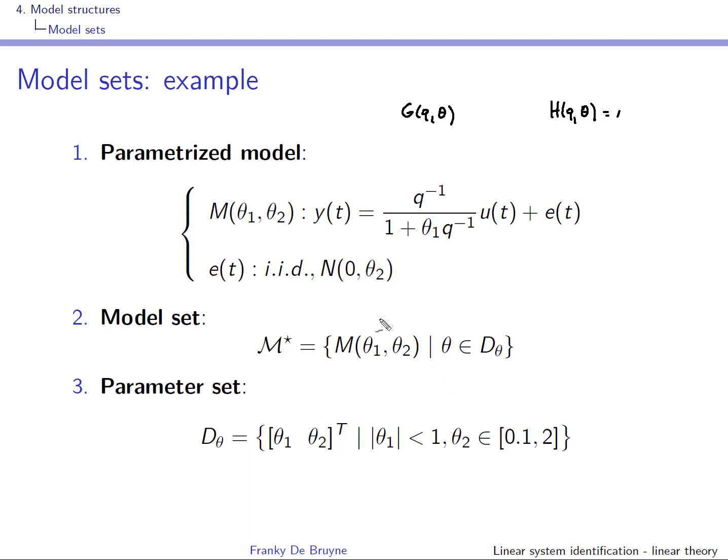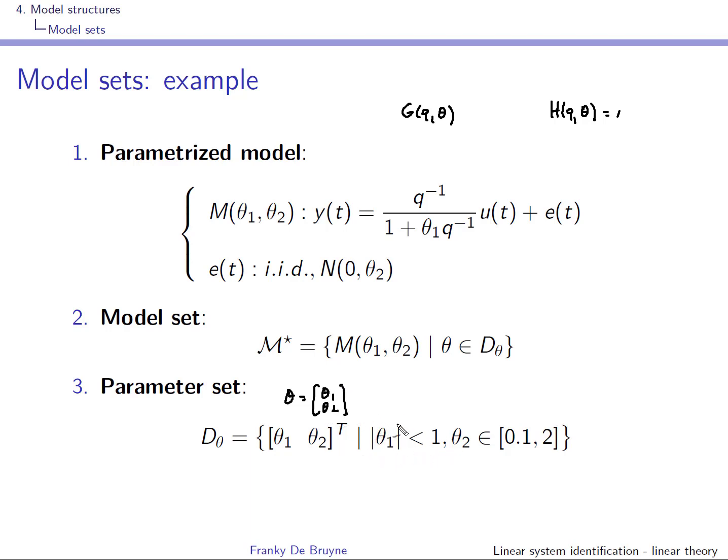The variance of the noise is unknown, so it's also a parameter that needs to be estimated. So once we have parameterized the model, we can consider the model set. So it's the parameterized structure where theta lives in some parameter set. So this parameter set here is theta equal to theta 1, theta 2, and in this case we have